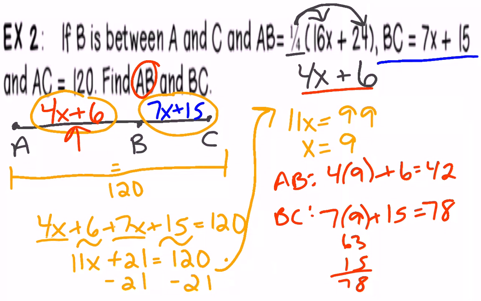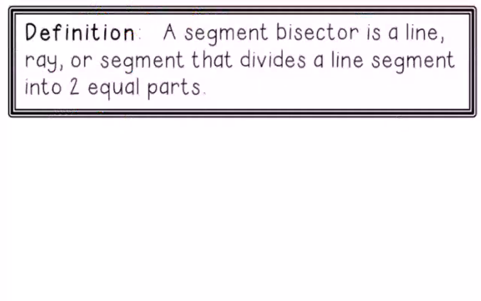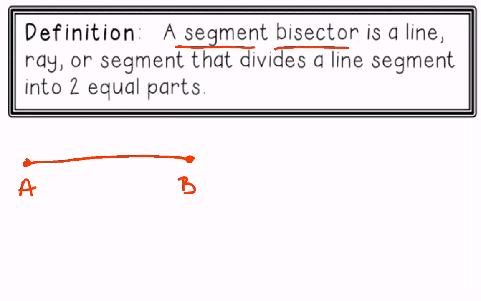So we've looked at the segment addition postulate. The next one is the segment bisector. So if you think about bicycle, that means you have 2 wheels, and so bisector means you are splitting it into 2 equal parts. So segment bisector is a line, ray, or segment that divides the line segment into 2 equal parts. So for instance, if I draw this diagram, if I have A and B,